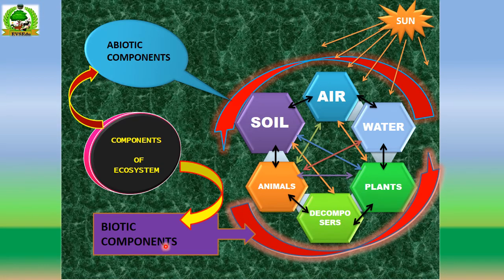So if you are able to see here, there are interactions between the abiotic components also. There are interactions between the biotic only, and there is interaction between the biotic and abiotic, similarly abiotic and biotic, and this is all an interactive system. There is a constant flow of energy from the sun, and this makes an interactive system, or as per Tansley, it is a basic functional unit of life, wherein there is an interaction between the living things and their physical environment, which includes the soil, air, or water.